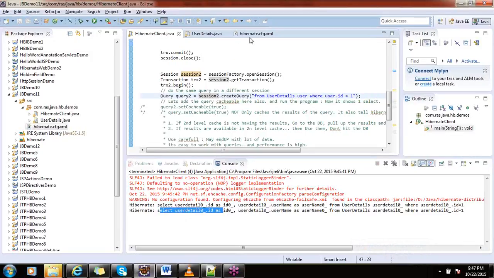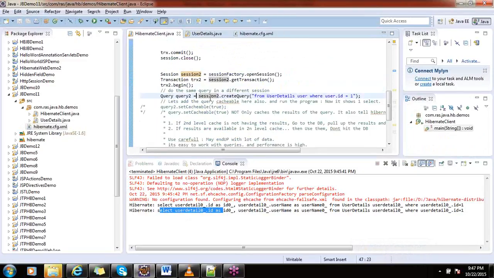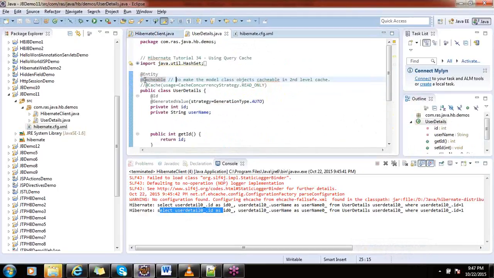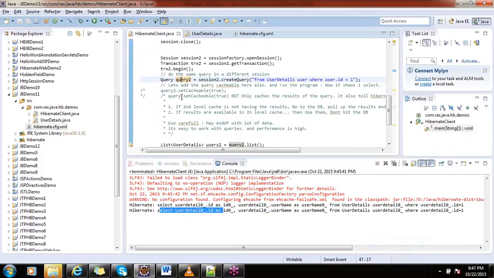In my Hibernate CFG, I mentioned the EH cache provider, and I mentioned second level cache to true. Now I go to my Hibernate test class, and in the user details class also I mentioned that my user model class is cacheable. Now in my test class, you can see here there is a statement, a method on